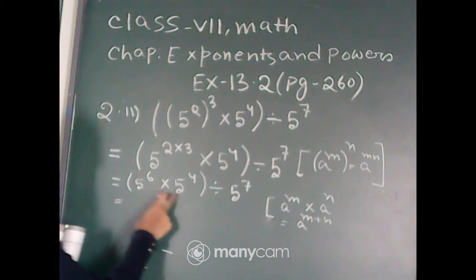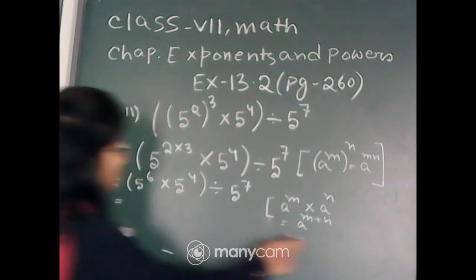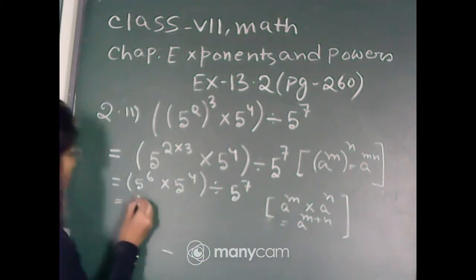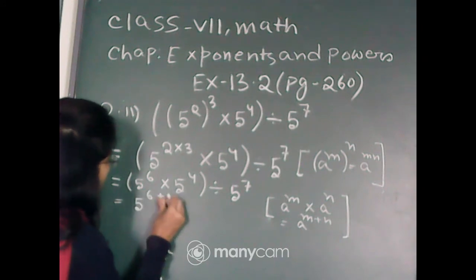Here the bases are same, but the powers are different. So, we use this law. Clear? Using this law, we get this is equal to 5 to the power 6 plus 4